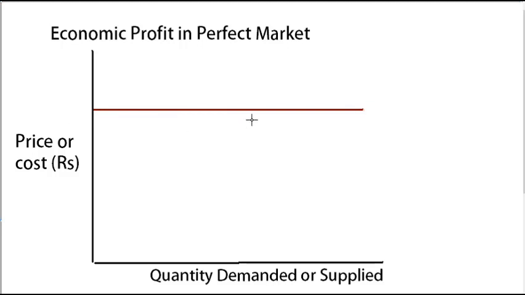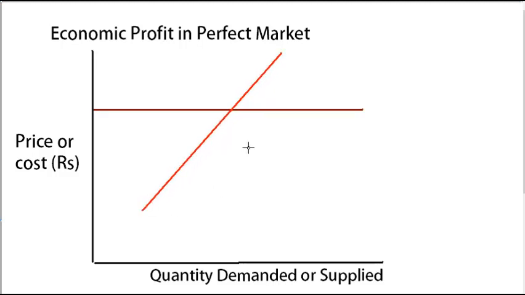Nobody can have a higher or lower price in the market. They cannot get a higher price, because there are already many other sellers in the market, and they cannot have a lower price because there are other consumers who are willing to buy the product at the same price.